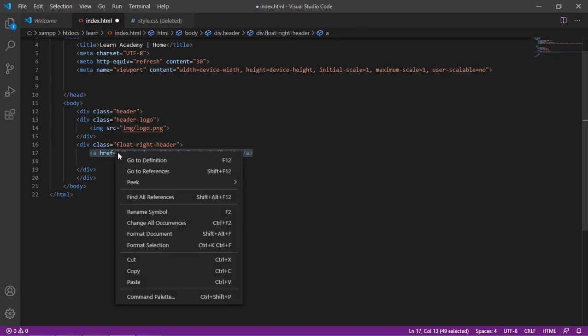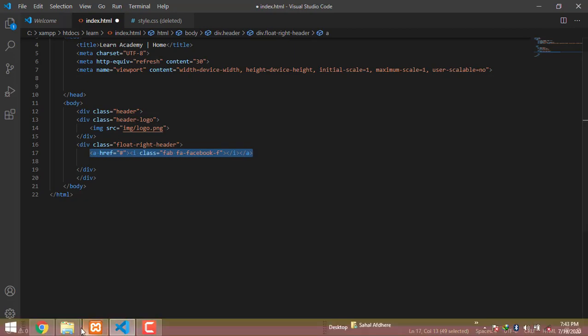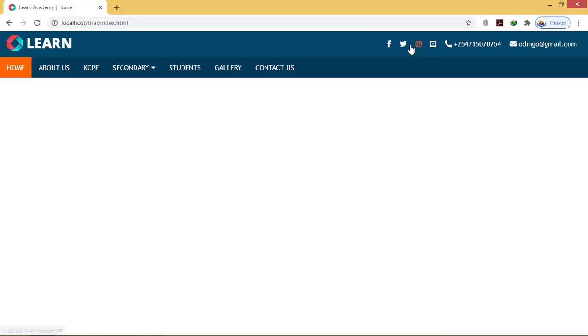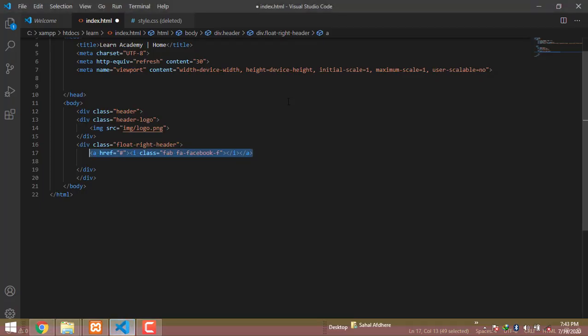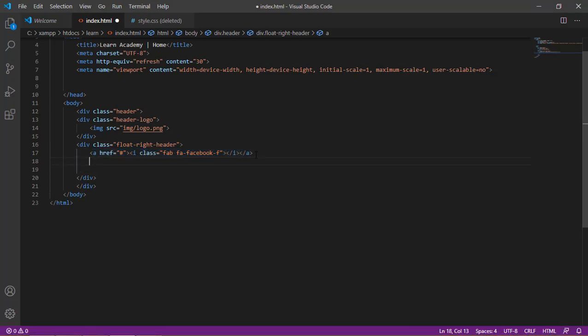So for me to go to the next, let me just copy this and paste, so that I can just edit it for the Twitter one. The second one is Twitter. So let's just copy and paste, and then edit. This is Twitter. Twitter is a brand, so everything will remain. I say Twitter is double T, let me remove that. It's T. Let me paste again to go to the next